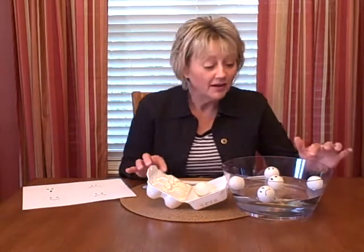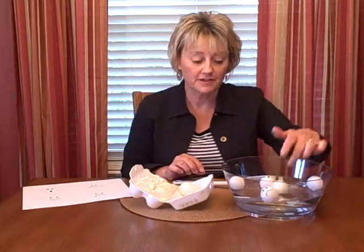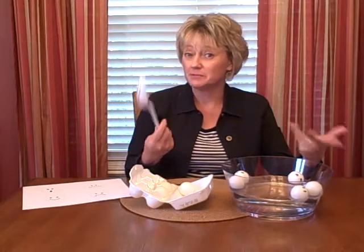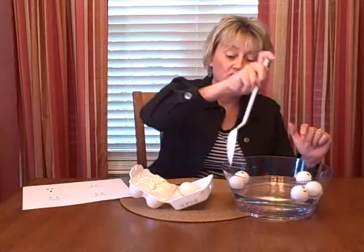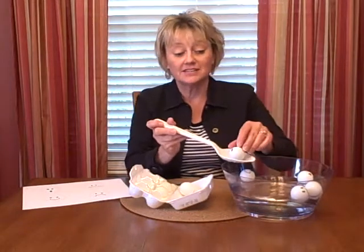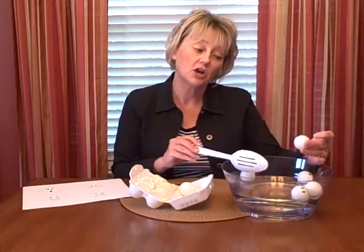I like to use a clear bowl, and you don't need a lot of water to float them. Kids love water. It's a very therapeutic medium in and of itself. And so these ping pong faces then float in the water. And for young children, you could give them a slotted spoon, and they could scoop up a feeling face. They could identify it. This particular one, he looks a little scared,